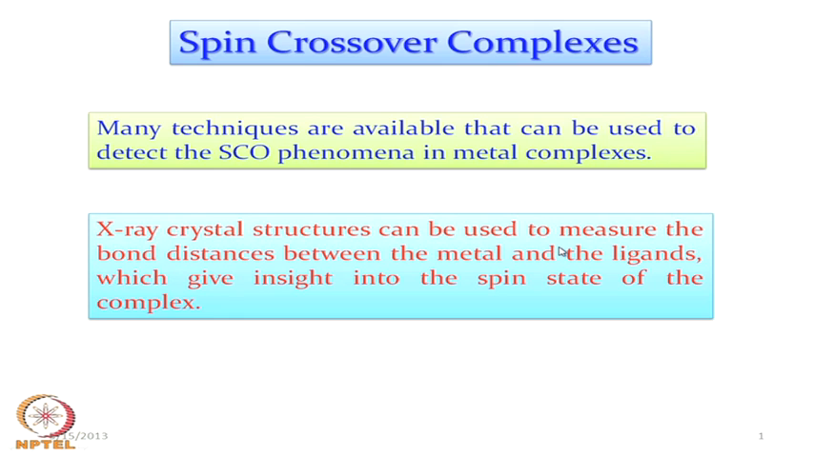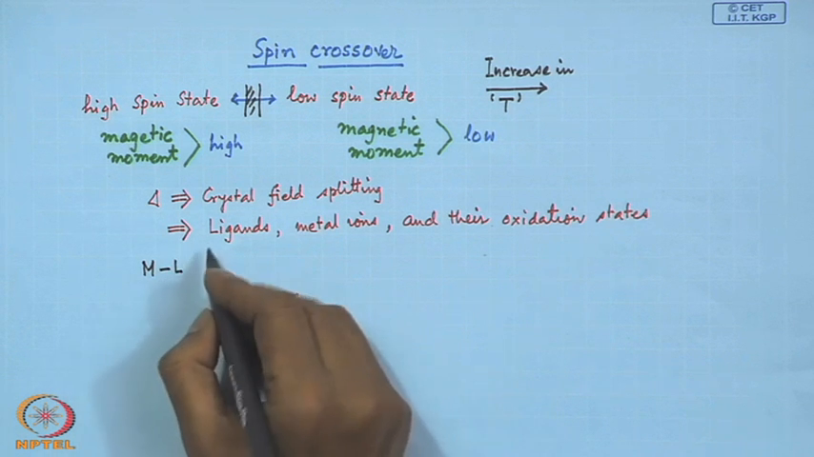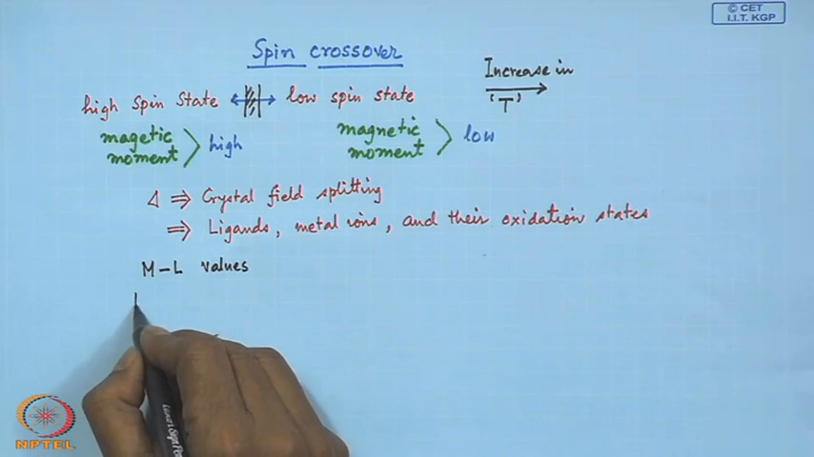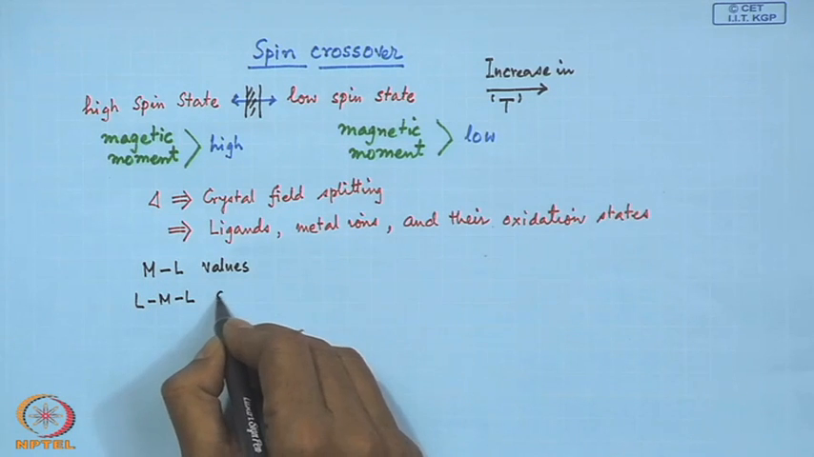because in crystal structure determination we find that the X-ray crystallographic data, the single crystal X-ray crystallographic data, can be useful to find the corresponding bond distances between metal and the ligands. That means, the M-L distances, and we can find the corresponding bond angles as well as other metric parameters related to the metal complex. So, once we determine the metal ligand distance, it gives insight into the spin state of the complex. That means, when we find out precisely the M-L values and also the L-M-L angle